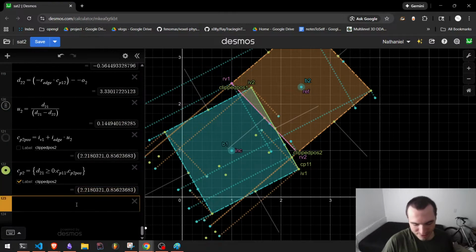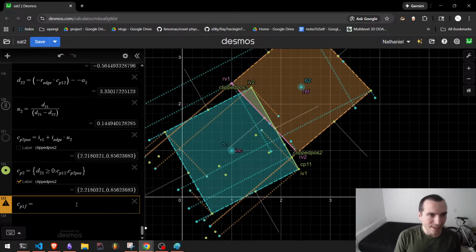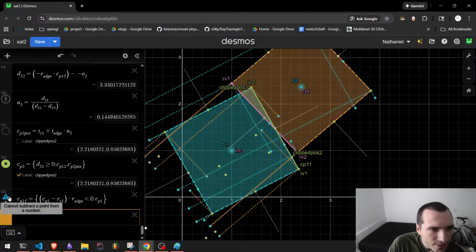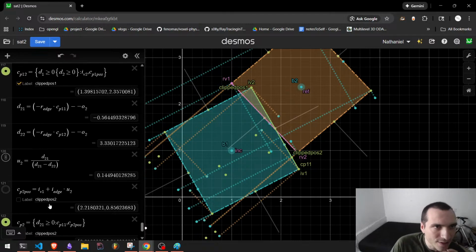So we need to do one more test where we take the CP1 final, and what we're going to do here is check if it lies within the box. And to do that, we'll do CP1 minus the first reference vertex dotted with the reference edge. If it's less than 0, yes, that means that it's inside, it's penetrating, and so we'll give it CP1. I'm doing this wrong. Cannot subtract a point from a number. It is because